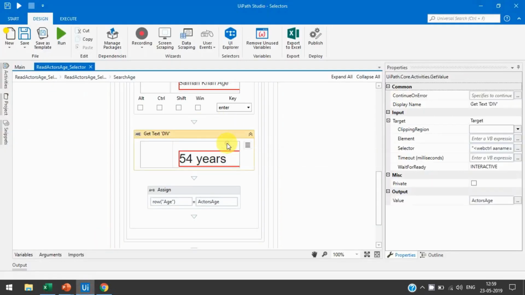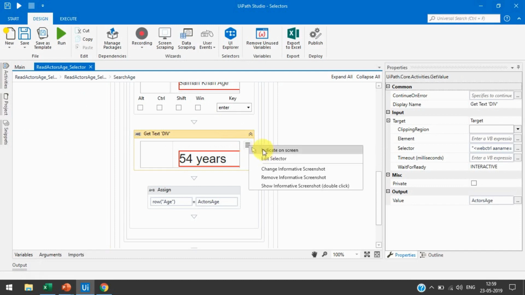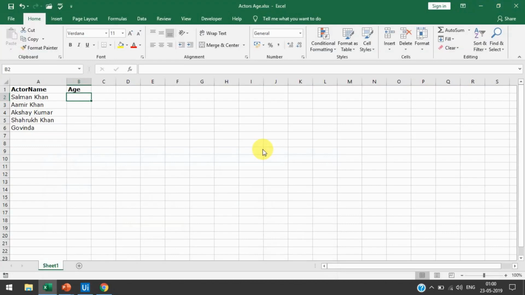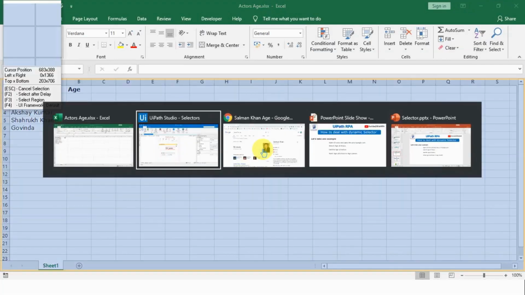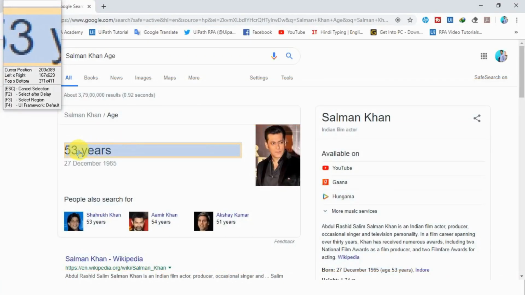Currently I have modified the selector, but I am going to select this again so that I can show you how to change the selector if we are getting any dynamic ID or name. If the ID and name are changing every time, then how can we modify that? So let's click on this and select this part, 53 years.